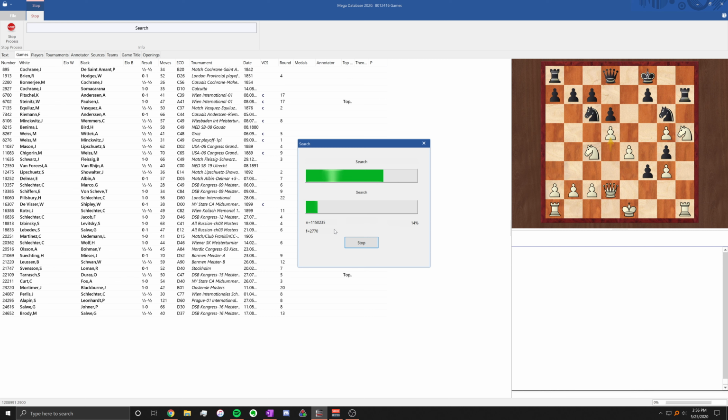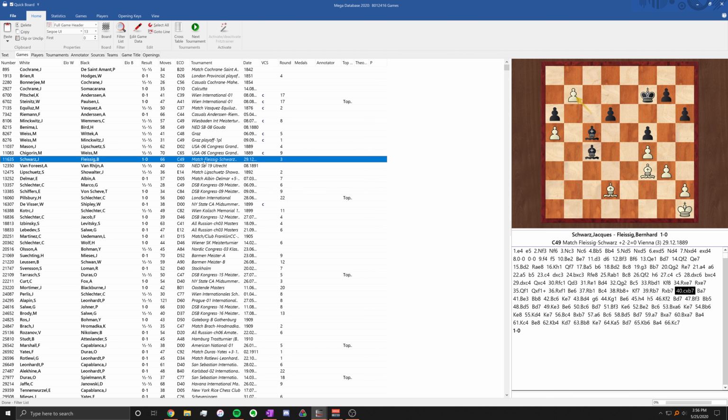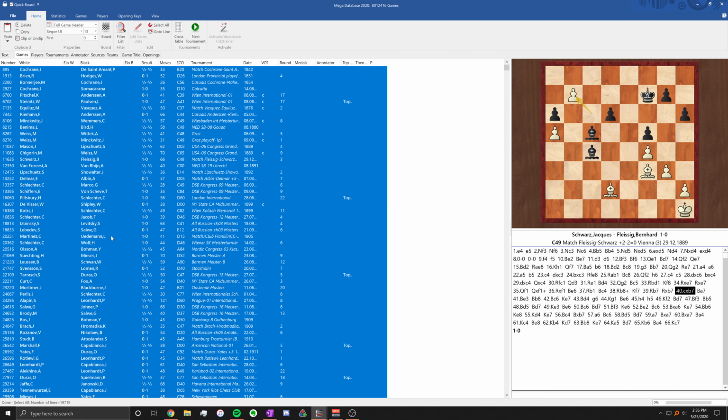I have an SSD, so it's going to be pretty quick. Or not. It won't take too long. It took a long time when I didn't have an SSD. So if you were on the fence about getting an SSD and you use Chessbase, it makes everything so much faster. So now we have